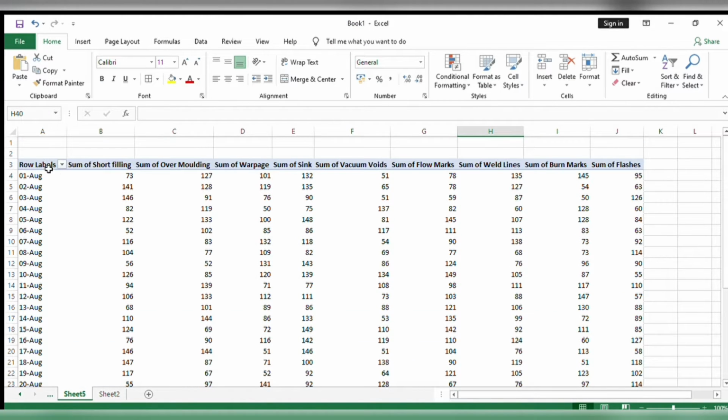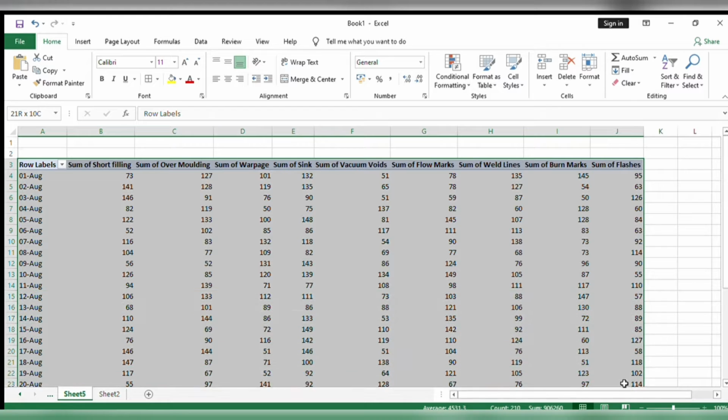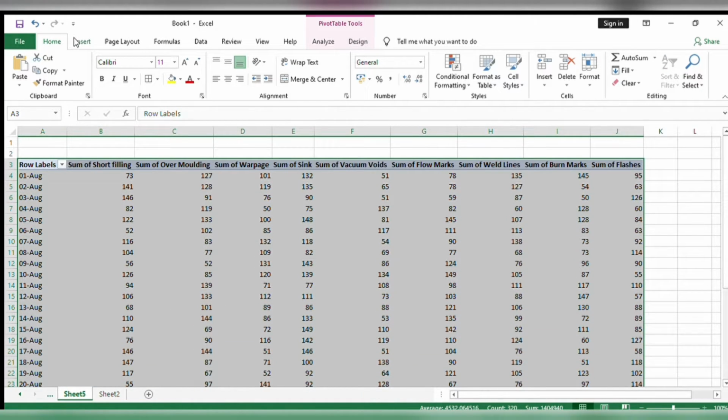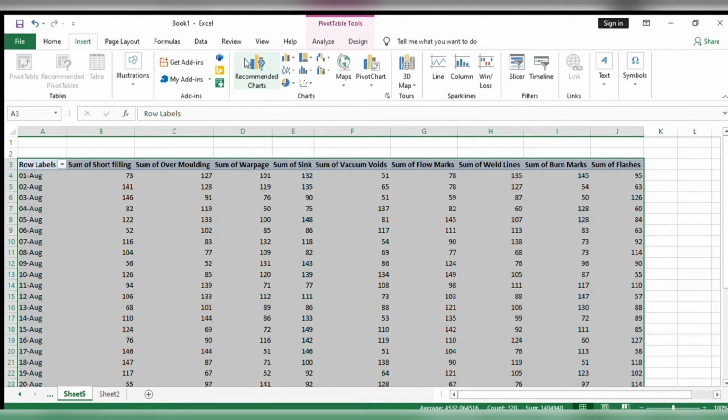So we will be selecting our data, and as we make graphs, we will go to insert and go for our charts. This is a very good option in Excel 2019, the recommended charts option. It analyzes your data and shows you the recommended charts only. Or there is another way, you can click here and see all the charts, and whichever you want, you can select from there. So we will be going for charts. I want a column chart, which is a stacked column chart.